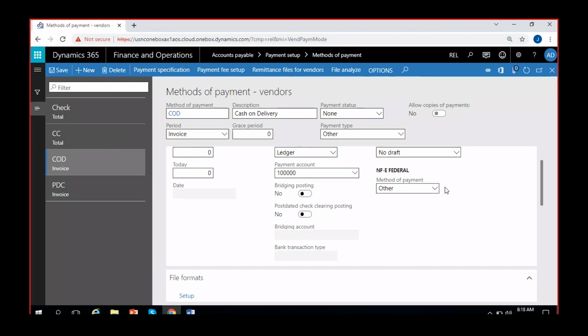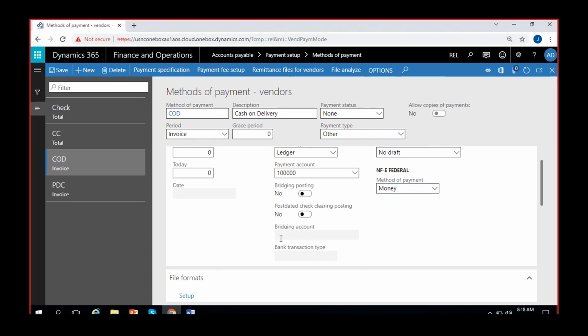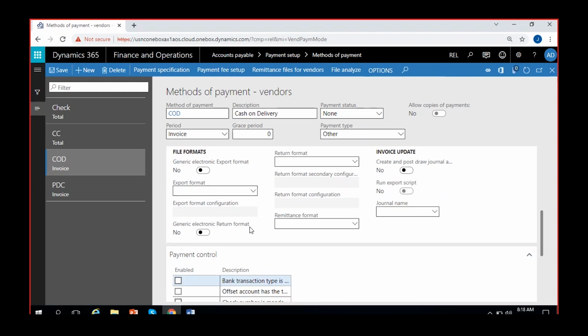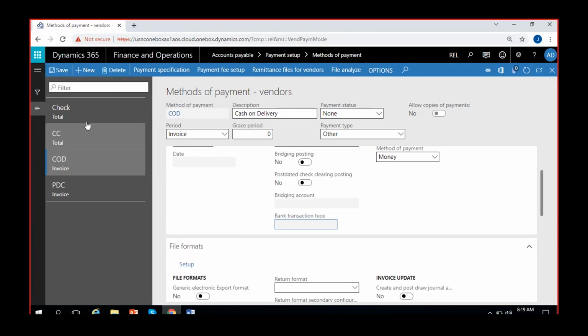The rest are all okay. Method of payment, you can here select money. It's only US specific again. Other bank transaction type is not here, and the rest are all common. No export formats for cash payments. Then save it. And then you can also create electronic